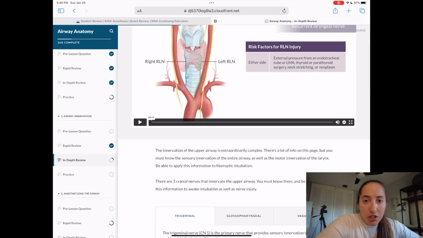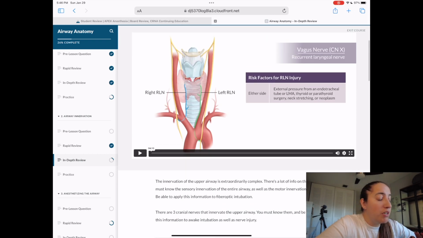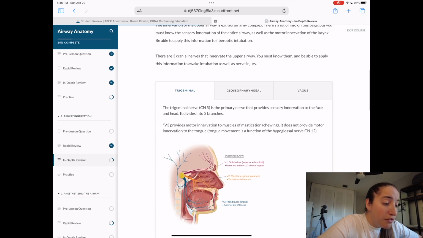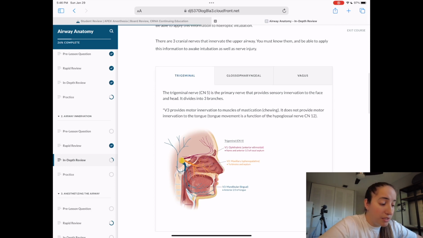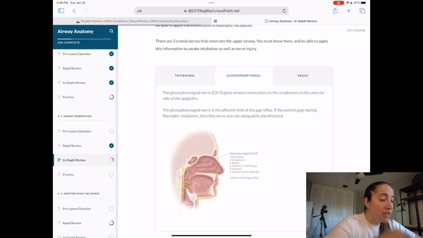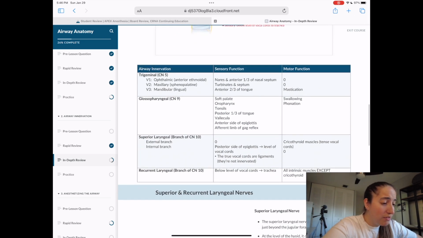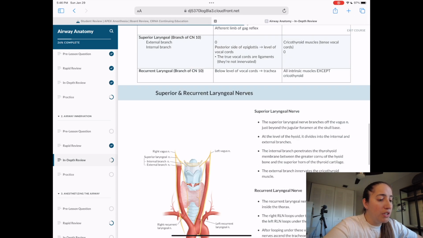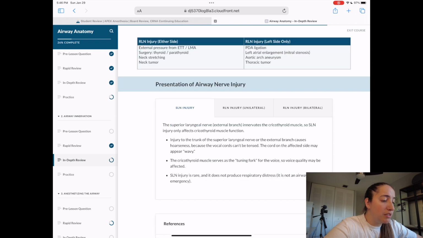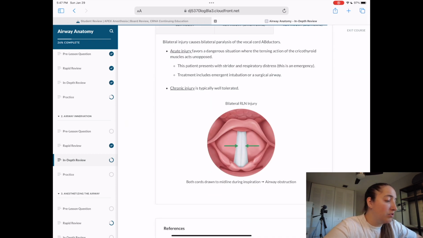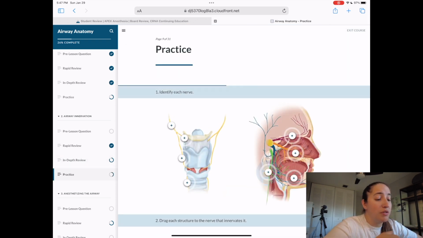What I like is that these pictures are very clear. The colors and all that, they're not distracting, and the interface itself looks like they put some time into the designs. And I just like that it's kind of interactive, if you will, and that you have the opportunity to read and study on your own, and just do the practice questions afterwards just to reinforce the